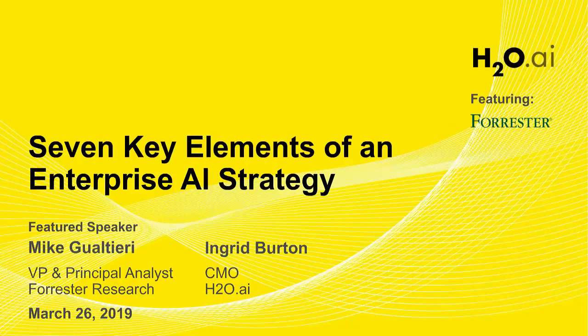So we have a huge following in the data science community, and we are seeing what's now happening with AI and machine learning and how people are looking at it in terms of making a difference in their company or in their business, and looking at it from the standpoint of how do they get a competitive advantage or a competitive edge. So we're seeing that around the world right now, and I thought what we would do is have Mike talk about what are the 7 key elements that you need to think about as you embark upon an AI strategy or an AI journey.